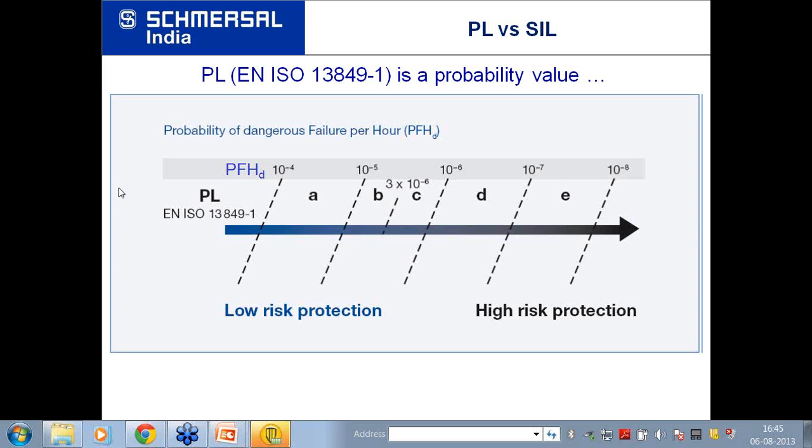Mr. D.M. Hayes has asked to elaborate more on MTTFD. This is more of a statistical formula parameter. It only means, in layman's language, the mean time to dangerous failure. So what is the time required for this product to fail dangerously?